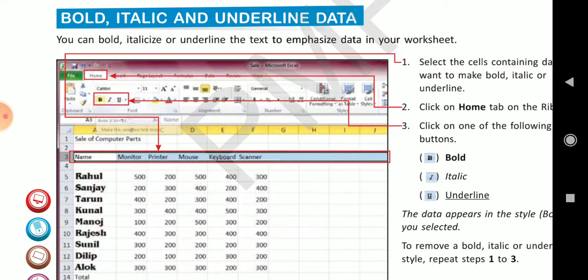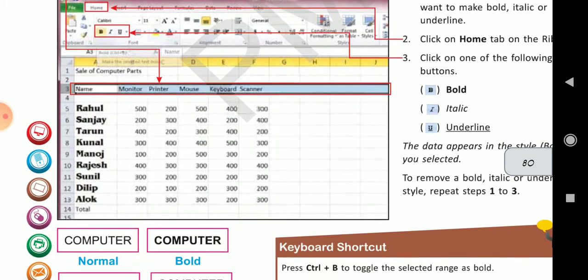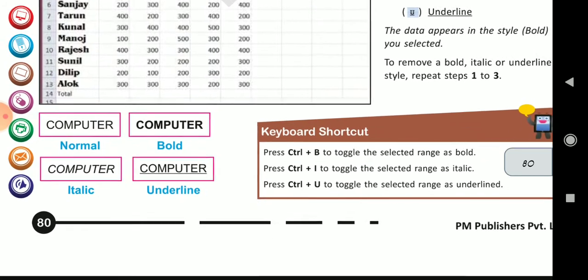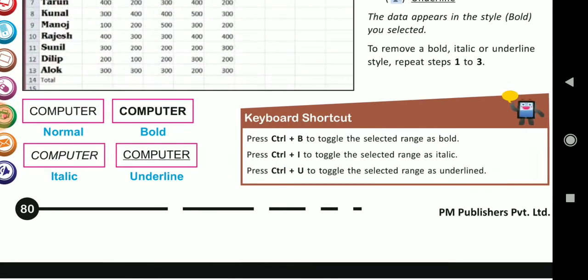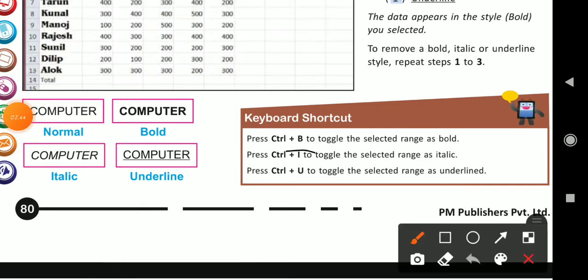Click on that and it will be applied on your data. Control B to toggle the selected range as bold, Control I for italicize, and Control U for underline.